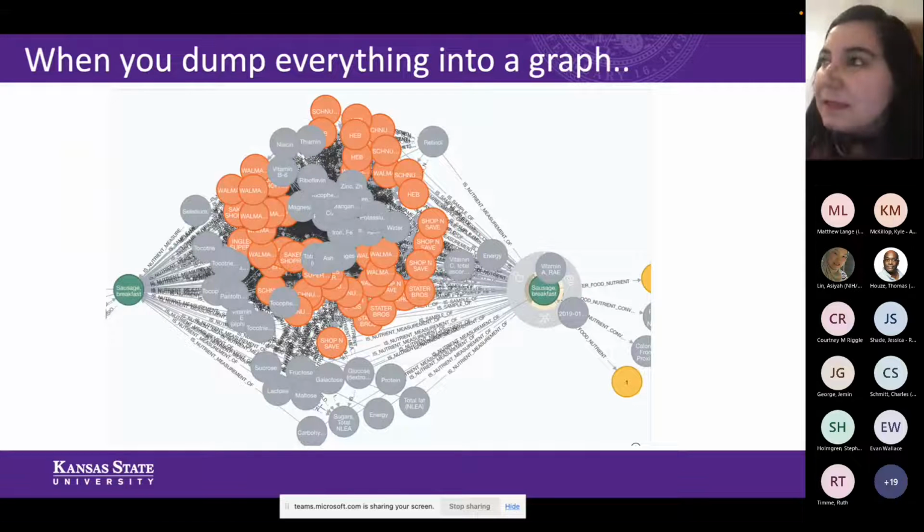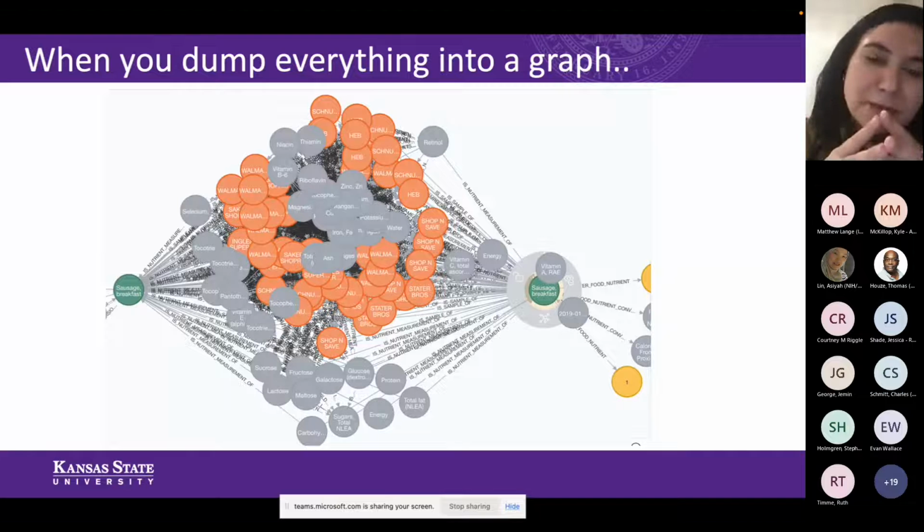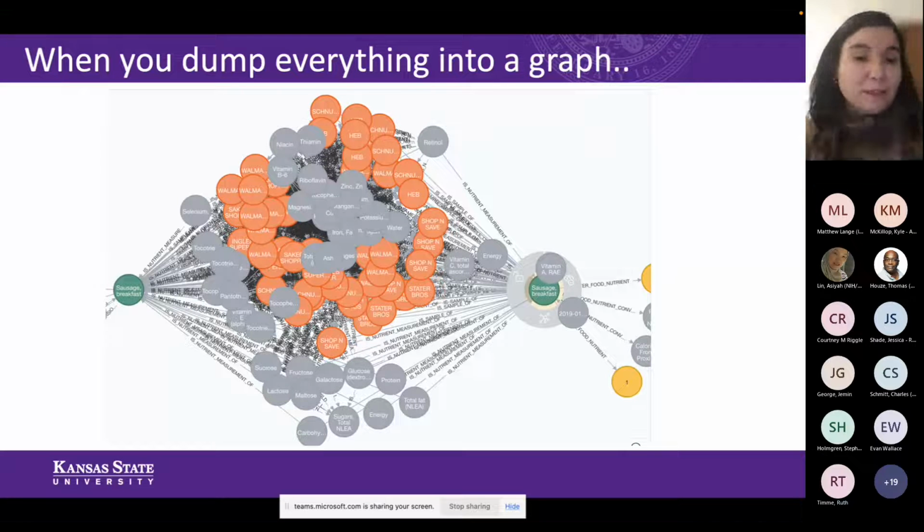And of course, when we think in computer science, when we want to connect things, the first thing that comes to mind as a computer science construct or a mathematical construct is a graph. When you dump everything on a graph, though, my favorite scientific term appears, the hairball graph, where you cannot really see what's going on and you don't really know why we're seeing all of this all at once.